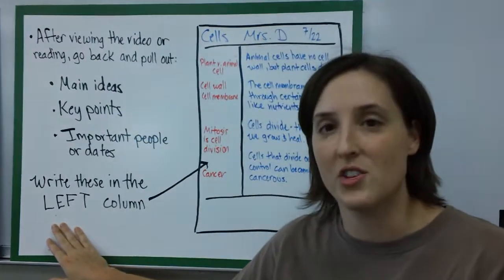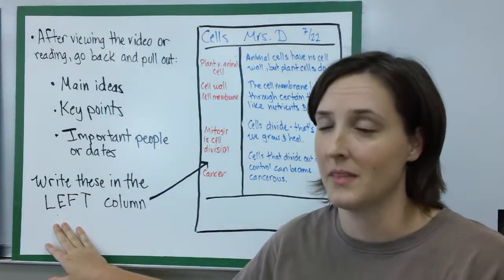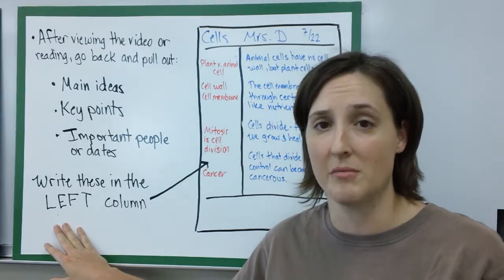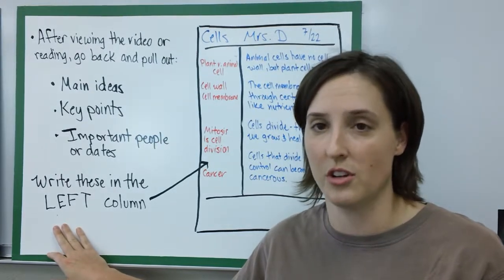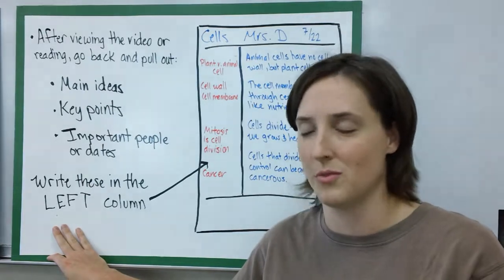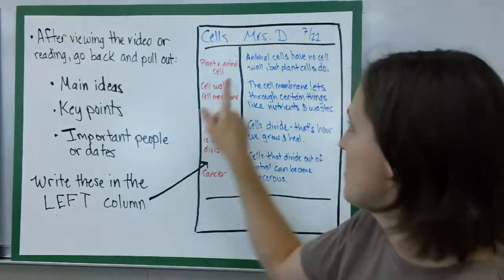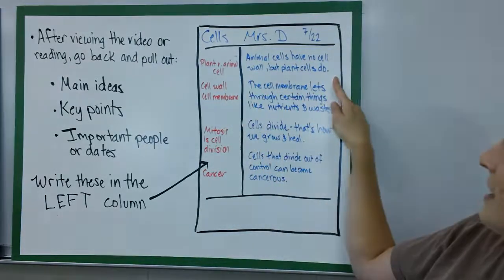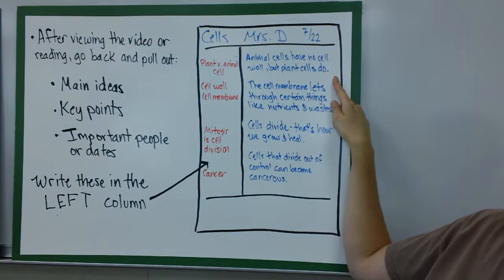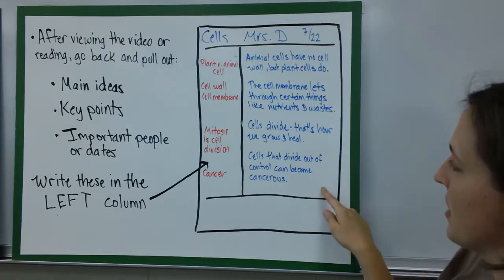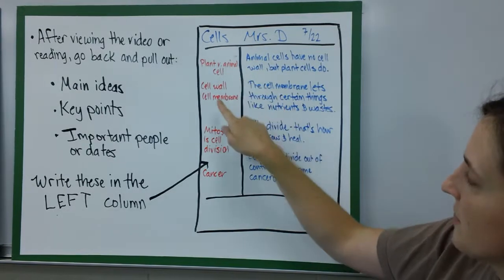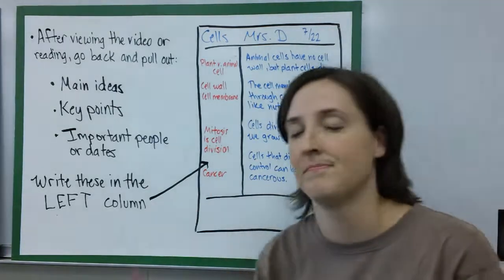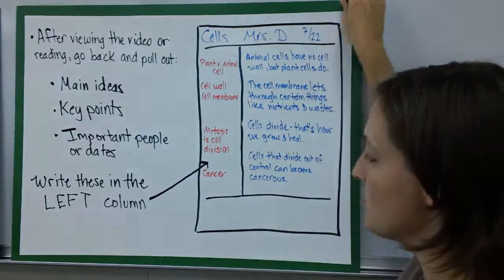These important ideas you want to write in the left-hand column. Again, make sure you skip spaces and make sure that the key ideas, when you're writing them down, go next to the notes that you took that correlate or correspond to whatever you wrote. So here I've got plant versus animal cells, and I've written that animal cells have no walls, but plant cells do. So all of my notes are kind of coming down the page, and I've gone down and I've kind of pulled out some of the key ideas from each piece. The next thing you should do